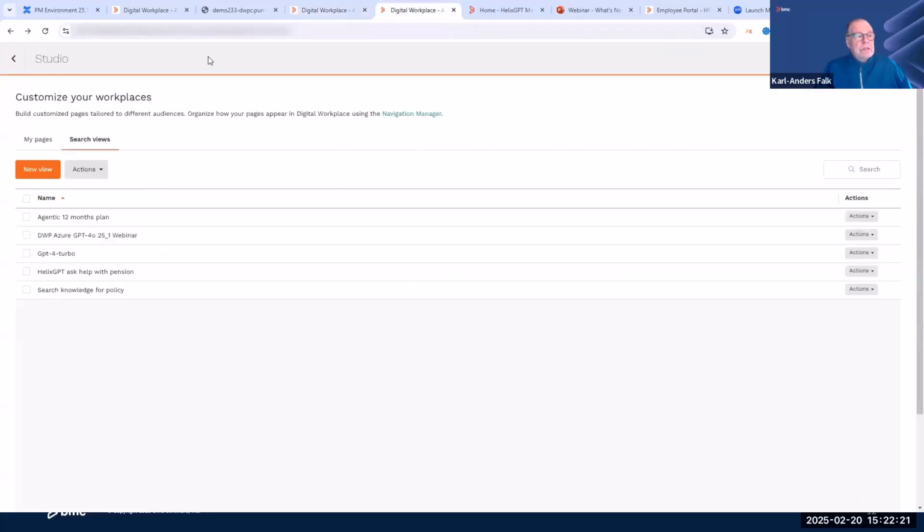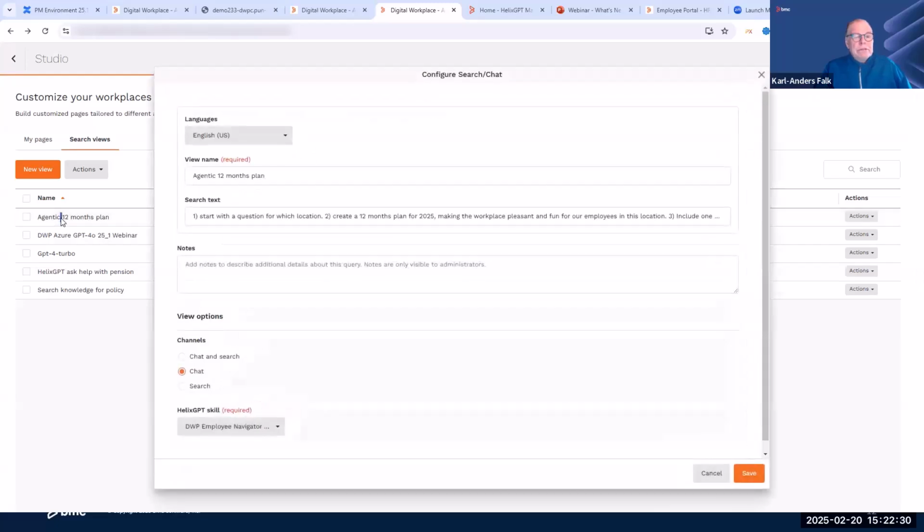So if I look in the list of search views, I have this agentic 12-month plan in place. And when I open that one, I gave it a name, and then I have this prompt text, which is